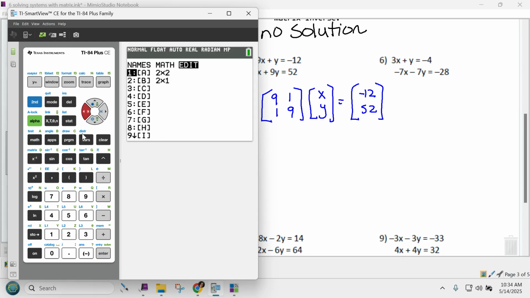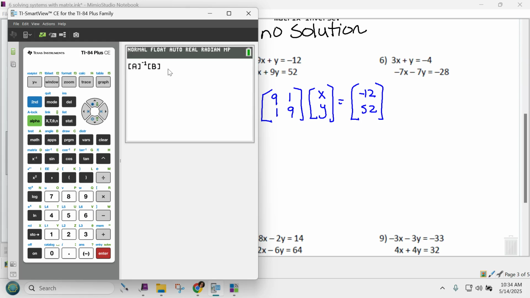Back to matrix, edit. Now B. Second mode gets me back to the main calculation screen. And if I do second enter, I get back my A inverse B. If you don't like that, you can go back into matrix. On names, we get A, inverse button, back into matrix, stay on names, B, and we get